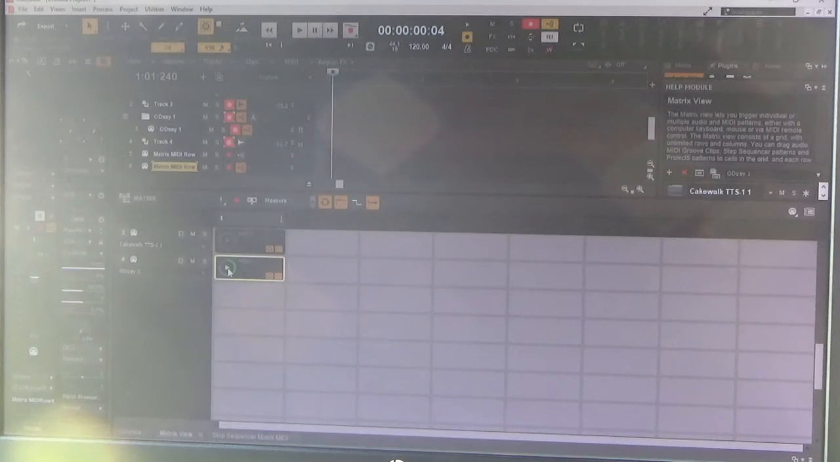And it actually loops over and over again. But if we don't want it to loop, we just want it to play once, that's okay too. And if we want to loop,